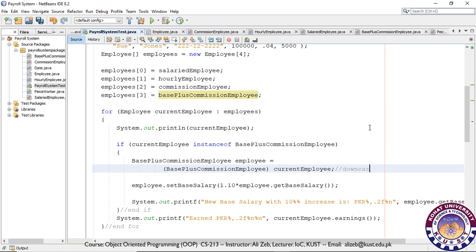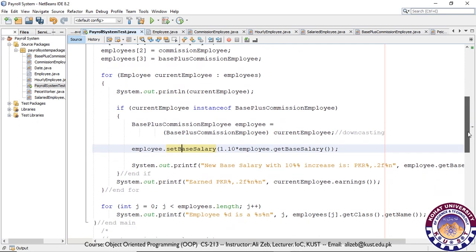That is, it will be converted to an object of the subclass and assigned to an object of the subclass, and then we can use that object of the subclass to call any methods from the subclass, and we can perform any calculation or computation that we need to perform on that subclass,